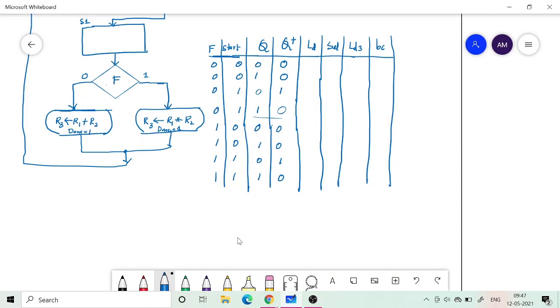Okay, so now you can tell me what should happen in each case. Basically, F, start and Q are going to determine my LD. But in the case of LD, whether it depends on F or not. Will LD depend upon F? No, it will not depend on F. Okay, whatever is the mode, we need to load it, whether it is 0 or 1, we have to load it. So it doesn't depend upon what is the content of F. In fact, F has not arrived yet. Okay, after loading only F will be available.